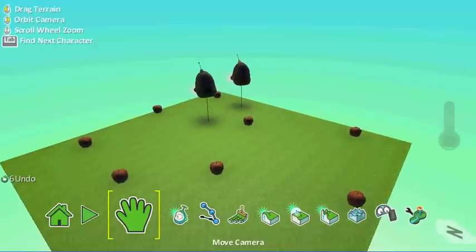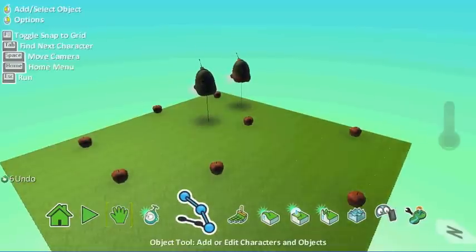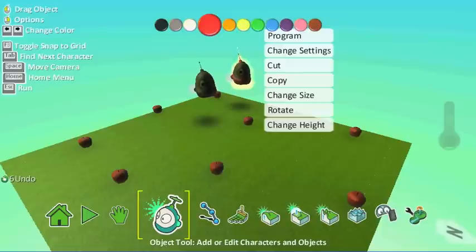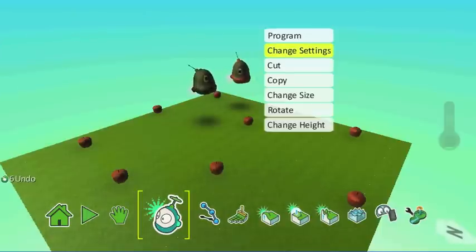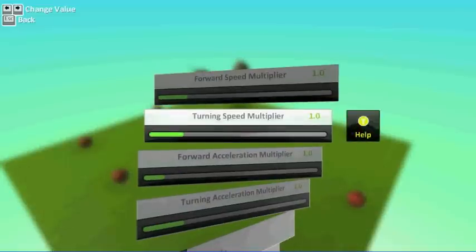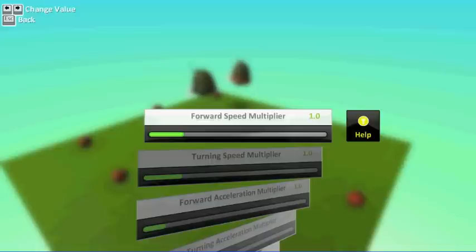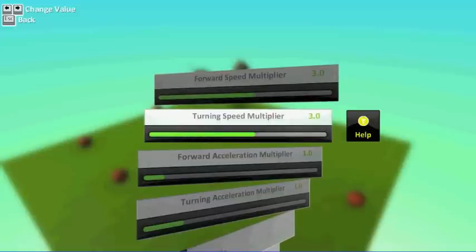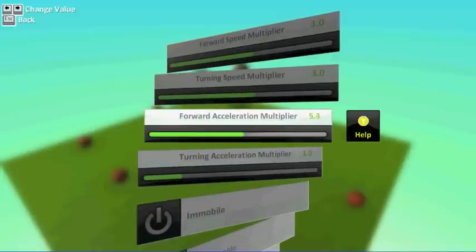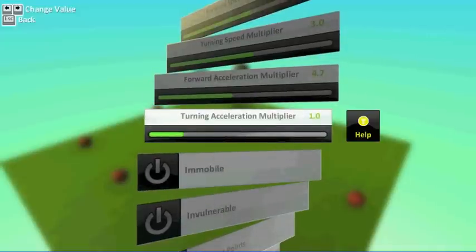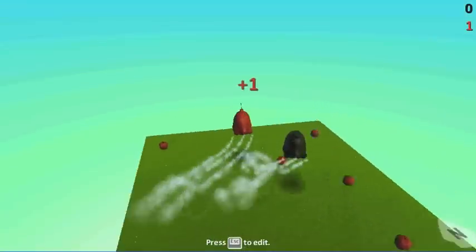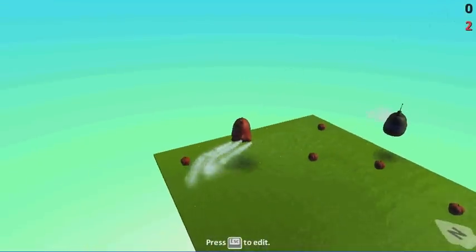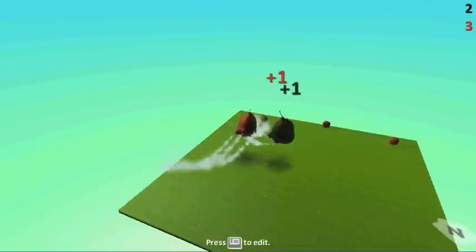Now things were going a little slow and frustrating. My characters weren't moving that quick, even though we'd put in that quickly block earlier. So if you do want to speed things up even more, if you right click and change their settings, you'll see these top 4 options in the menu are all to do with speed and how fast they turn and that kind of thing. So this one says forward speed multiplier, we can take that up to 3 maybe. Turning speed multiplier, take that one up a bit to 3 as well. Forward acceleration multiplier, maybe put that about halfway. And the same for this turning acceleration multiplier. And my red character now should move a lot faster. So fast he's bouncing off walls, but you can see